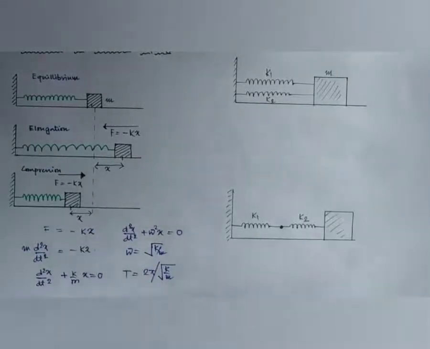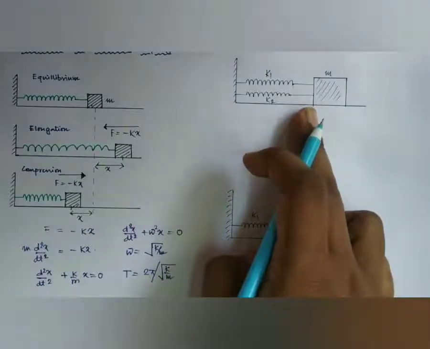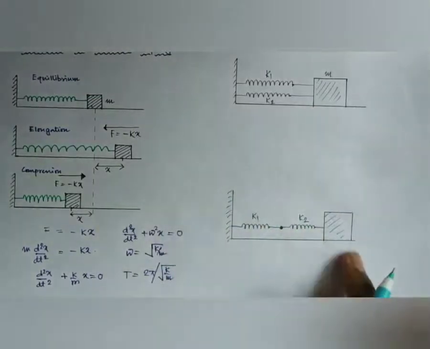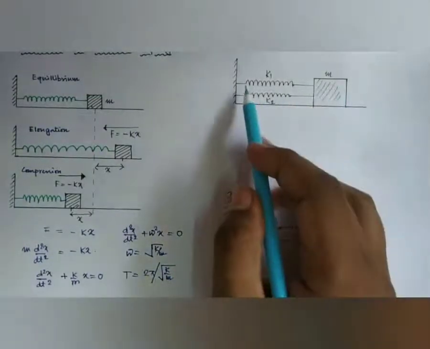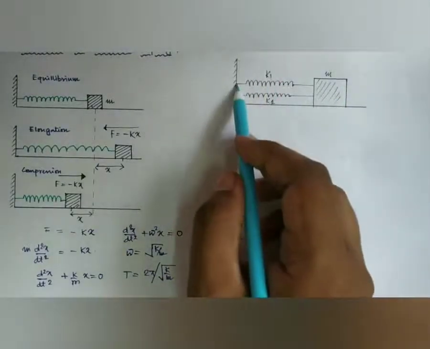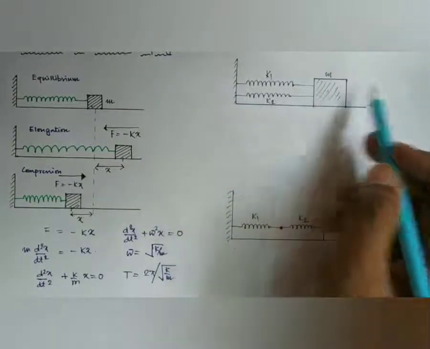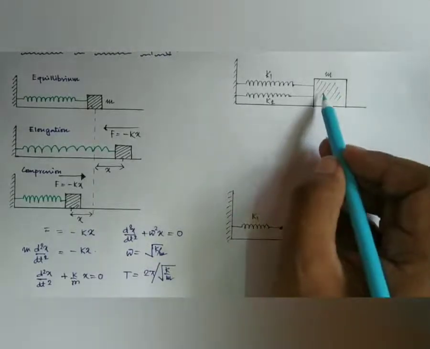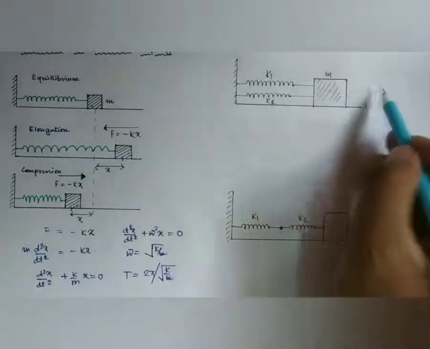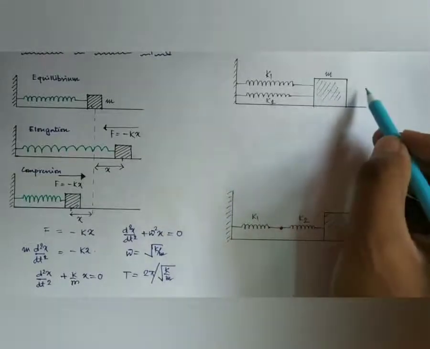So now here we are going to discuss what happens when the springs are in combination. It may be a parallel combination or maybe a series combination. Here a mass m is attached to springs, k1 and k2 are the spring constants of the two springs, and the other ends of the springs are connected to the rigid support. Now if we pull the mass towards right, then a restoring force will develop and it will act in the opposite direction, and as we are pulling it to the right, both the two springs will suffer the same displacement.